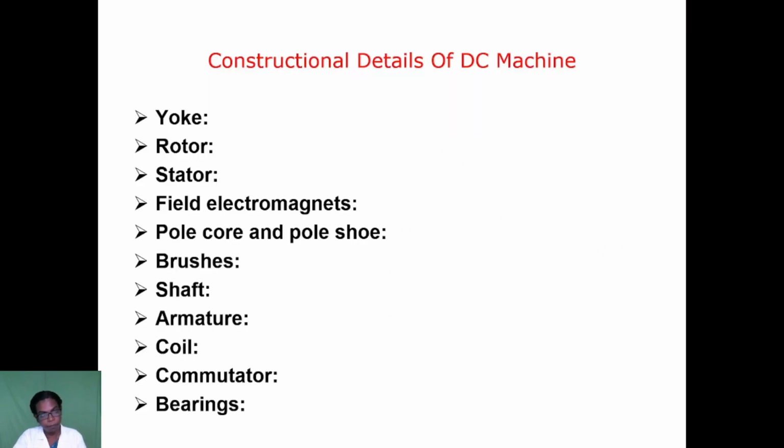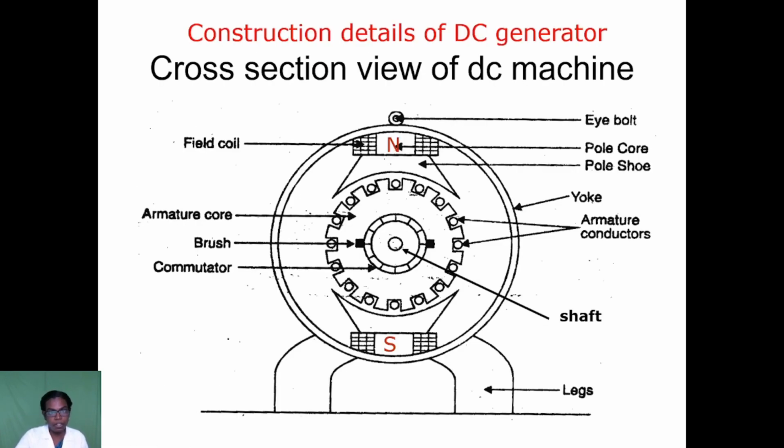First, the construction details of DC machines. For a DC generator or DC motor, the construction is common. The parts are the yoke, rotor, stator, field electromagnet, pole core and pole shoe, brushes, shaft, armature, coil, commutator, and lastly the bearings. In the construction details, imagine we cut the DC generator